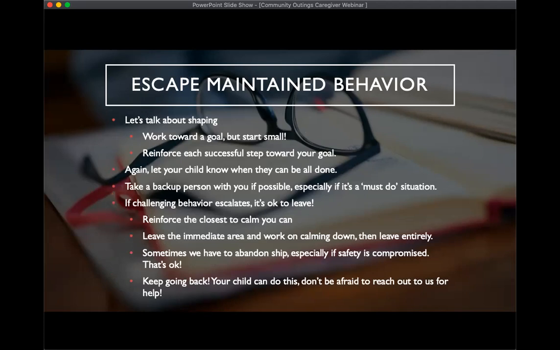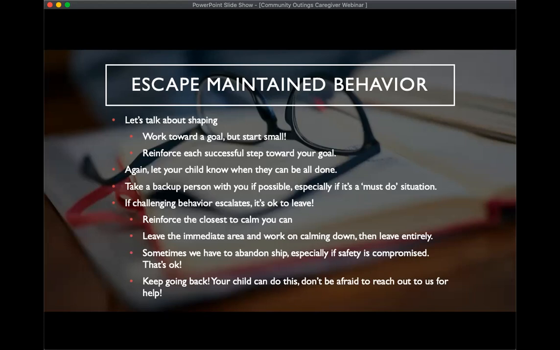So again, let your child know when they can be all done. That can be really powerful and a great way for them to visualize what they're able to get out of and when that time is coming.